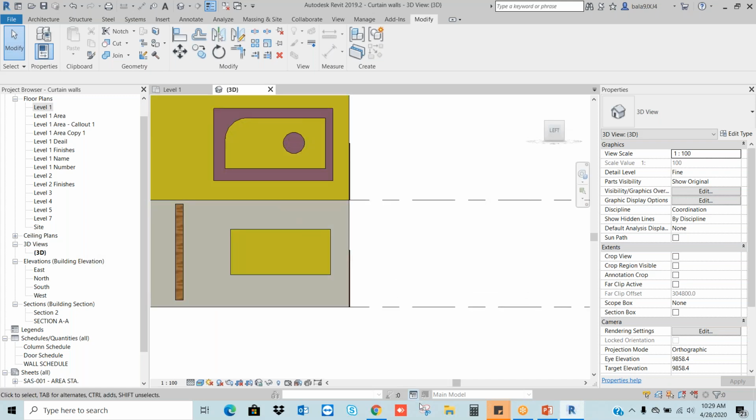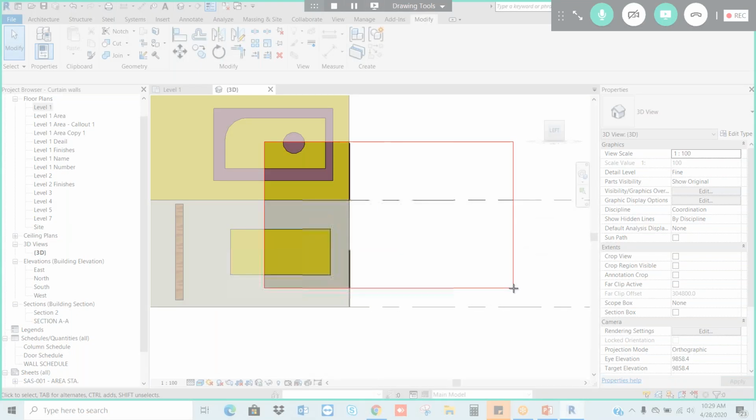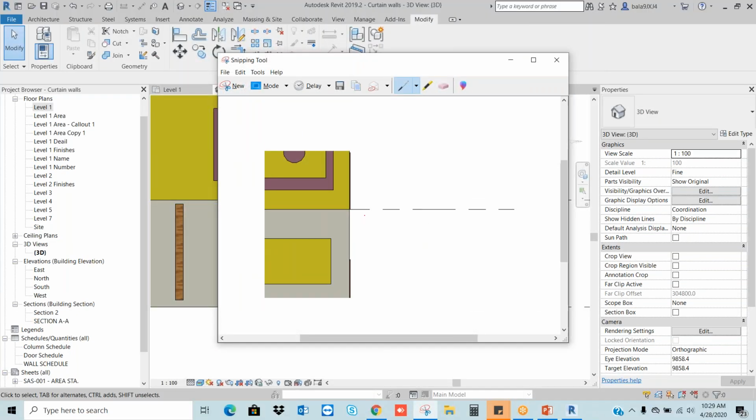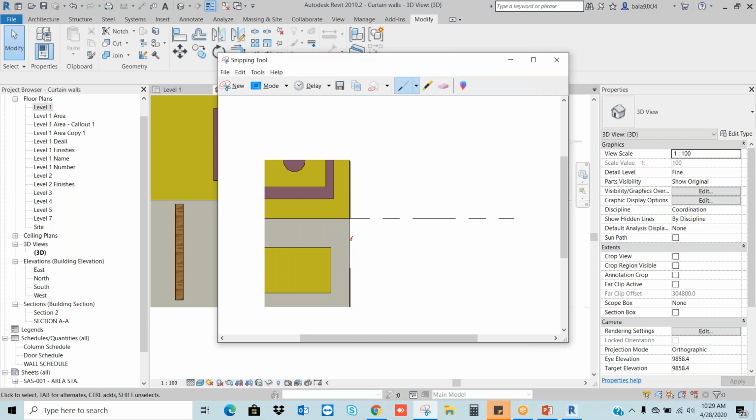Okay. Here I am going to use one screenshot to explain it. Here, let's say I want different. If I see from the front view, I want this kind of profile in the elevation, for the entire building. I mean four sides of the building.